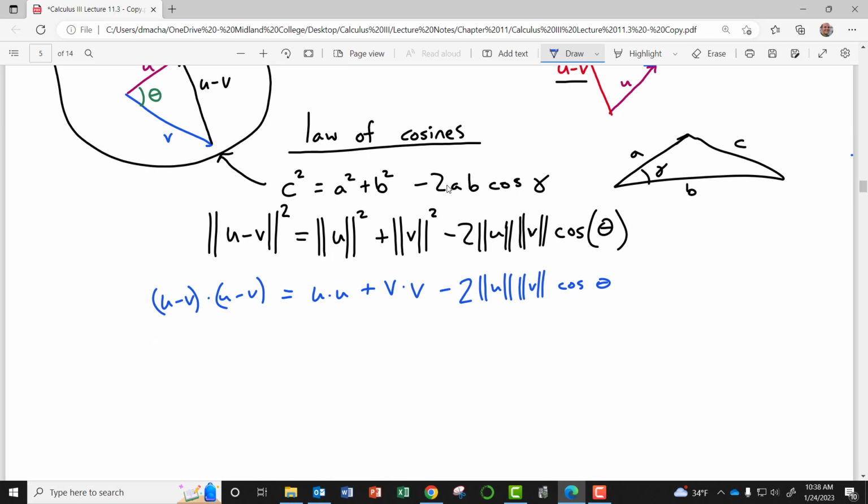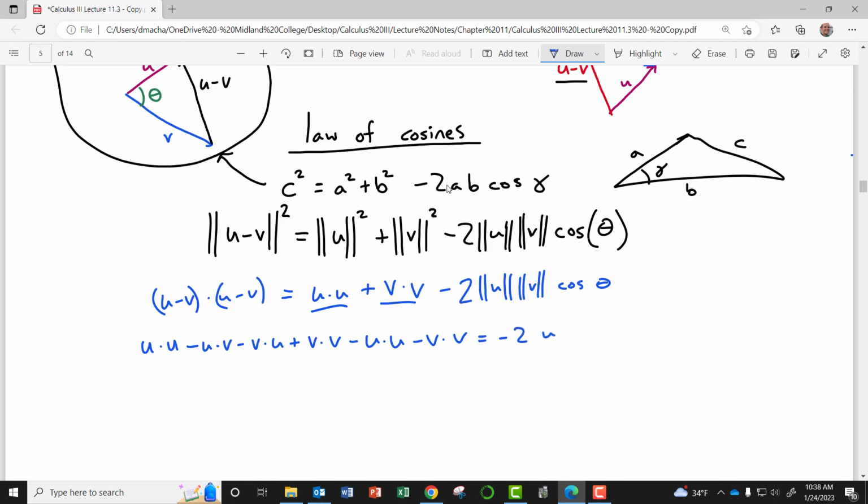Now, let's expand out this dot product right here. And the dot product has this distributive property where I can go ahead and write this as u dot u, looking at the first two terms, and then the outer terms are going to make minus u dot v, the inner terms are going to be minus v dot u, and then the last term is going to be plus v dot v. Now I'm going to move these two terms over to the left side of my equation, so I have minus u dot u minus v dot v